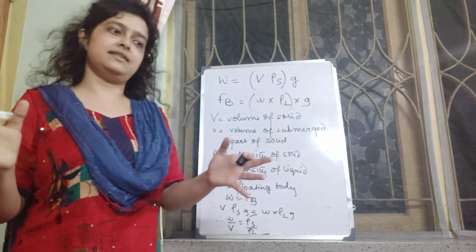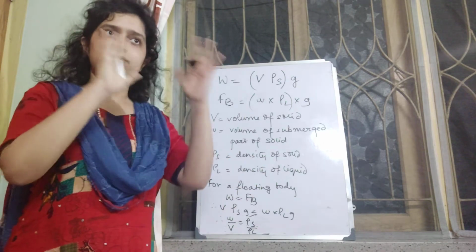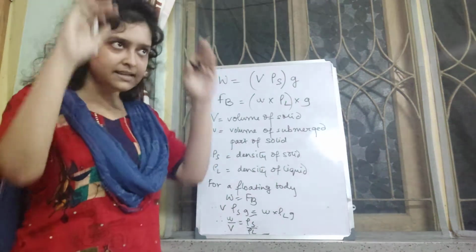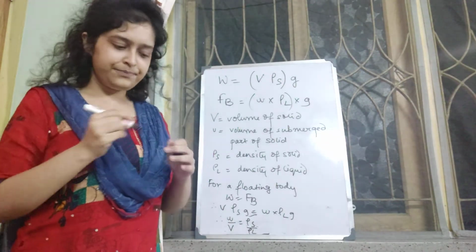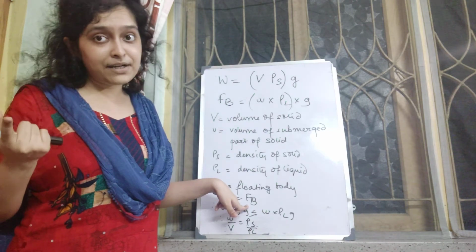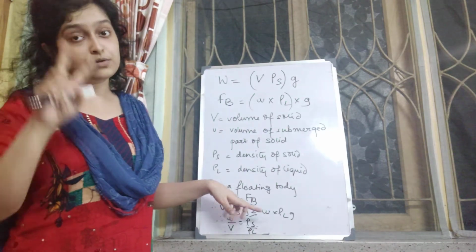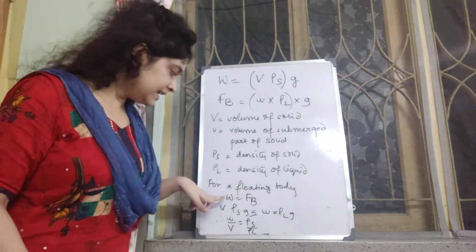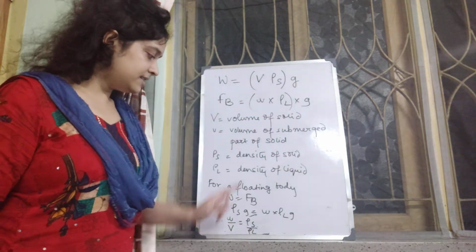So in either of the cases, those two are balancing each other. Then only it is floating, either completely immersed or partially immersed. And what else have we learned for a floating body? Apparent weight of the floating body is 0. Those two come under the principle of flotation. So then can I write this is equal to this?